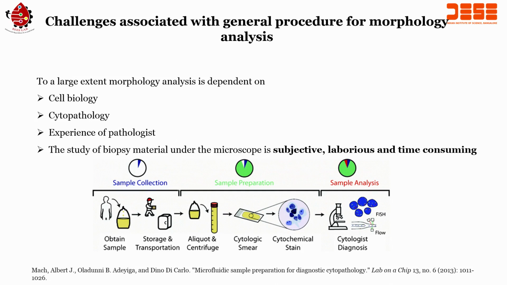First is how it is dependent on cell biology. If the biology of the cell is different, then the cytopathology, how good we are in understanding the cells when we are talking about several parameters. One such parameter is the cell morphology that we have seen in the earlier modules. Then how good an experienced pathologist is, that he can delineate between pre-malignant and malignant cells. Pre-malignant is pre-cancer, malignant is cancerous.